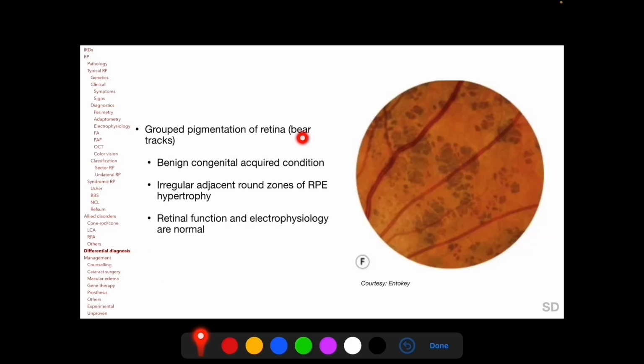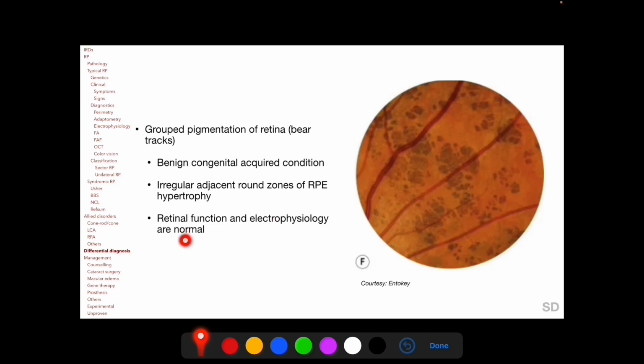hyperautofluorescence. Bear tracks or grouped pigmentation of the retina, as seen here in this color photograph, is a benign congenital or acquired condition in which we find irregular adjacent round zones of RPE hypertrophy, and retinal function and electrophysiology remain normal in